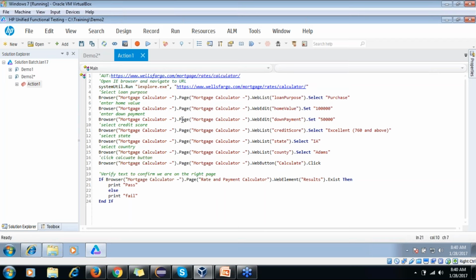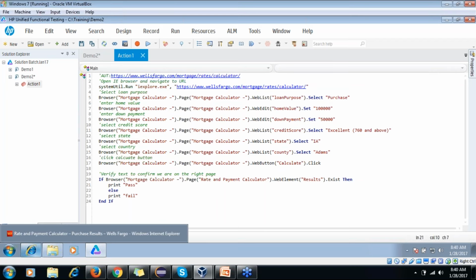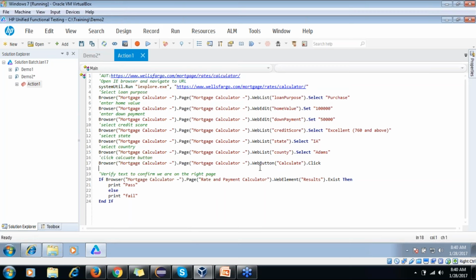All right, before moving on, let me also explain what I said earlier in the beginning of this session. I don't want to use these hard-coded values we have used here.